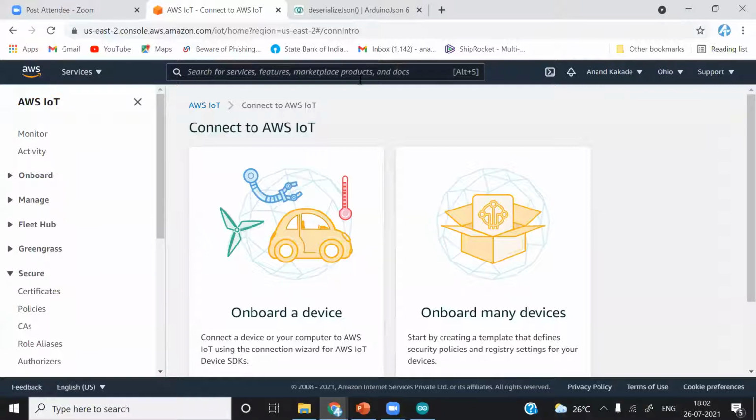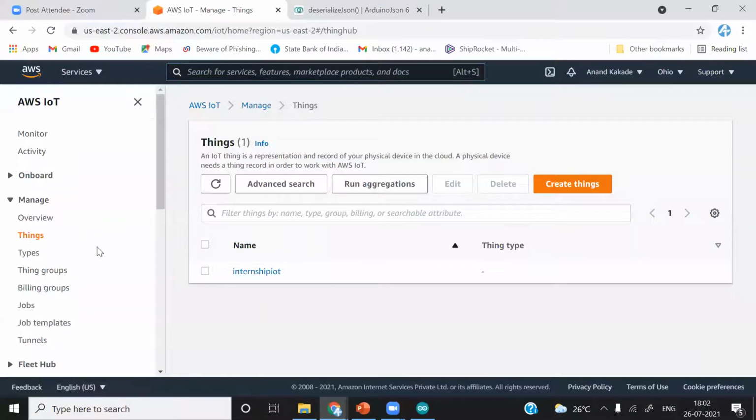If you don't find it, just search for IoT and simply select IoT Core. We'll find this user interface. After that, go to Manage, go to Things, and here you can see we already have created one thing, internship IoT. So what we will do, we will create a new thing because we are creating a new project.